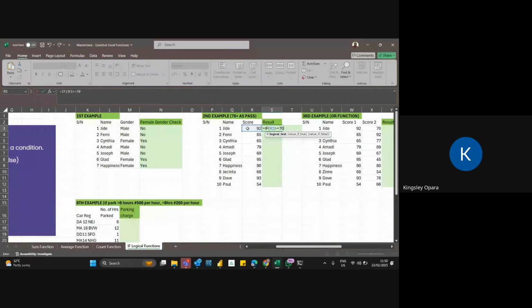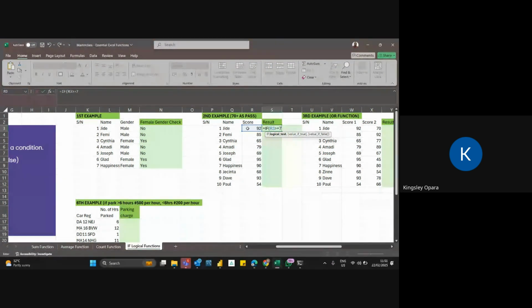Students of logic will argue with you that you mustn't do greater than or equal to. You can simply do greater than 69. And I agree with you. That's simple logic. If you say greater than 69, it will work, so it will take note of 70 and above. But if you know you want to use 70 in your formula, then you must use greater than or equal to, so that it can take note of people who have scored 70. Okay, let's complete this function now.